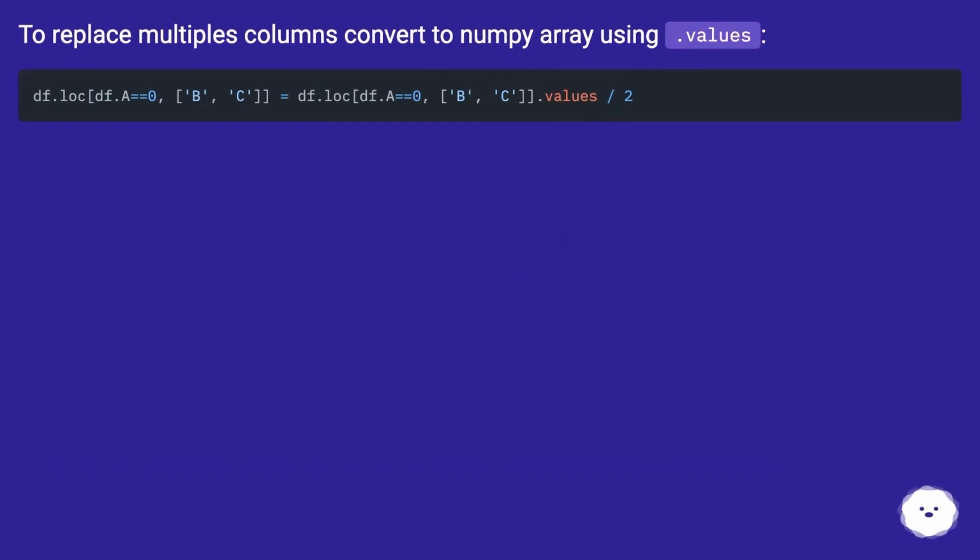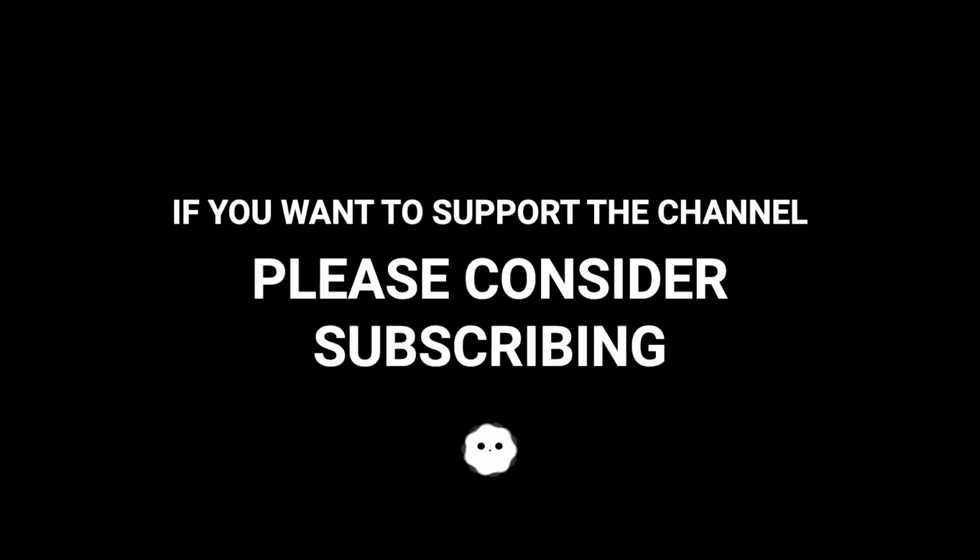To replace multiple columns, convert to a NumPy array using .values. This is a